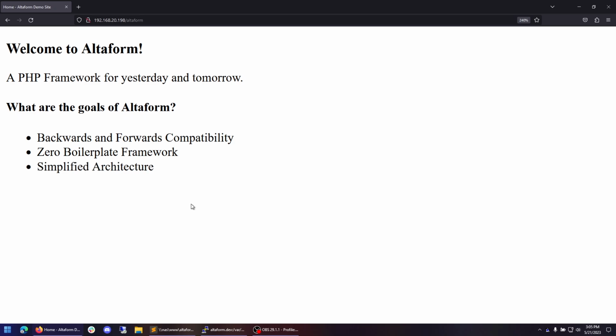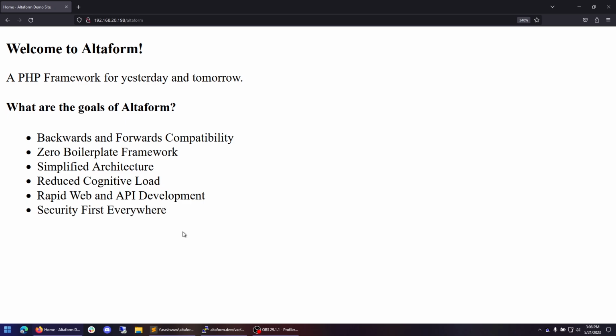This is all handled through a simplified architecture. At the core, Altaform is a thin layer on top of PHP, rather than trying to redefine what PHP was designed and meant to be. With this in mind, this reduces cognitive load. That means as a developer, you have to spend less mental energy trying to figure out what you want to do or trying to debug your application. You spend more time focusing on the business logic rather than the framework logic. As such, this directly leads into rapid web and API development.